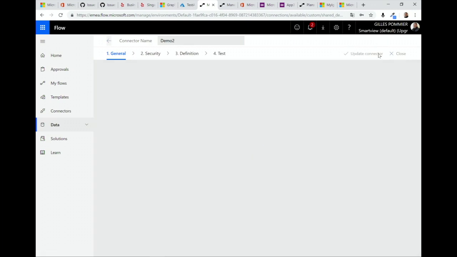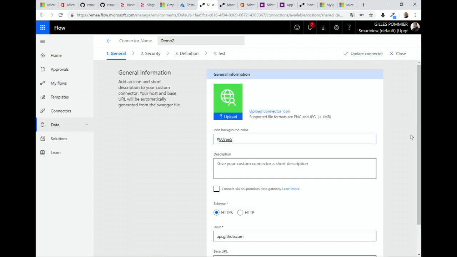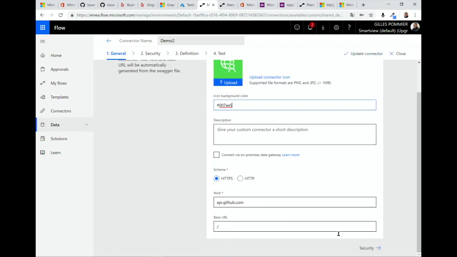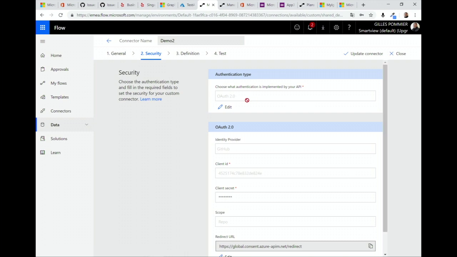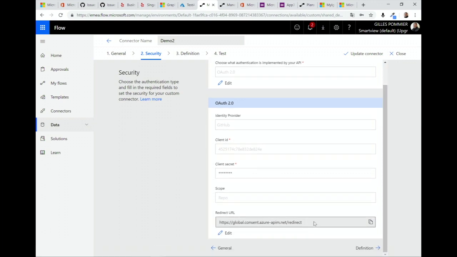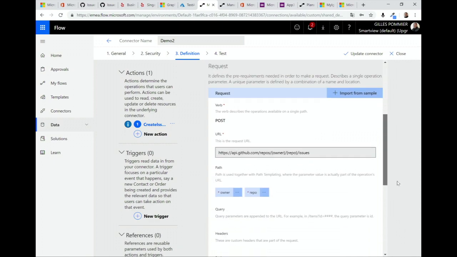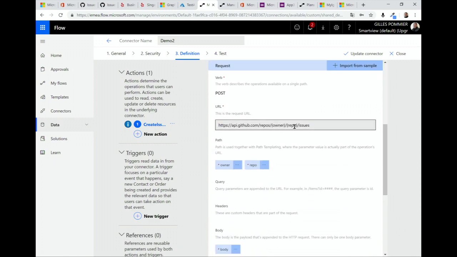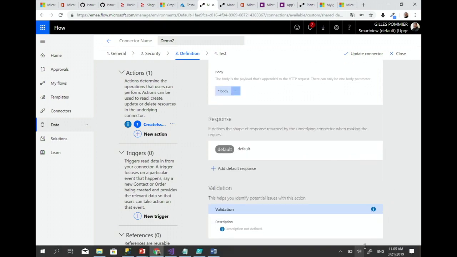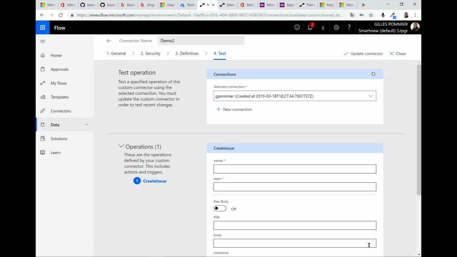If I edit api.github.com, if I go to the security, then it's auth, GitHub, client ID, client secret. It will provide me the redirect. And if I go to the definition, create issue, it's the same. Exist, and I have a request with owner and repo. And then if I want to test my solution,